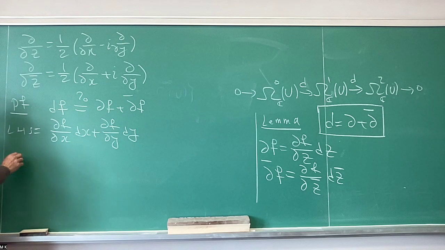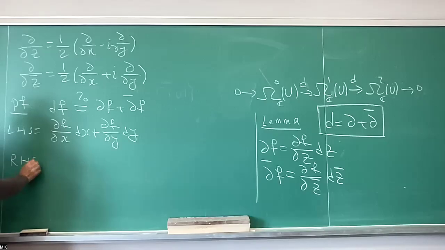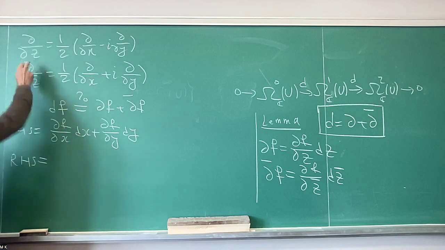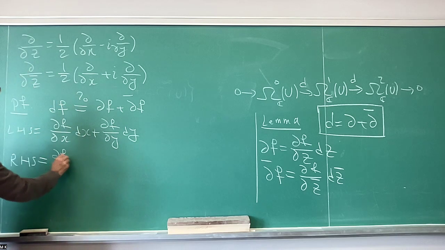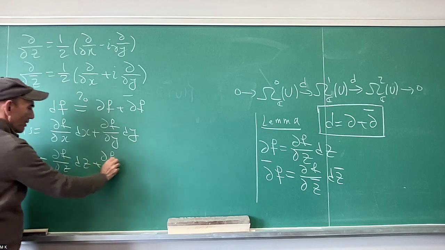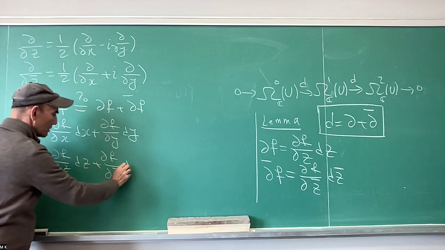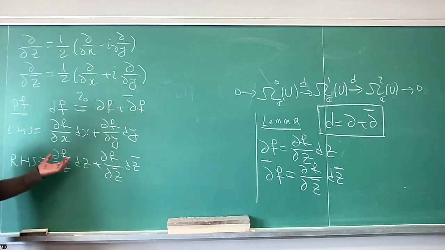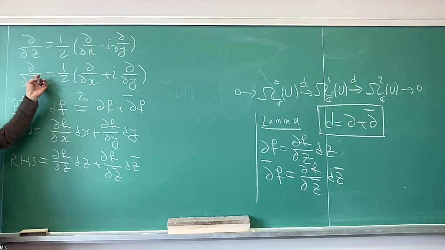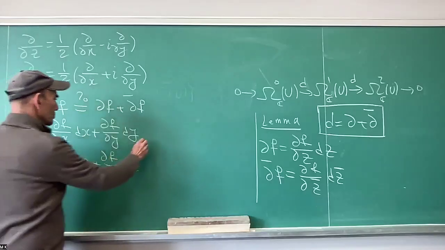So what is the right-hand side now? This partial is df dz, which I know is (df/dz) dz plus (df/dz bar) dz bar. So what I'm going to do now is replace the values of dz and dz bar from these equations, write everything in terms of the usual partial derivatives, and then that's equal to